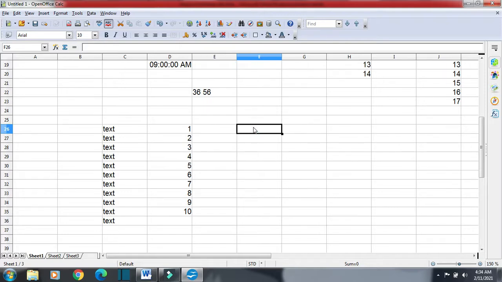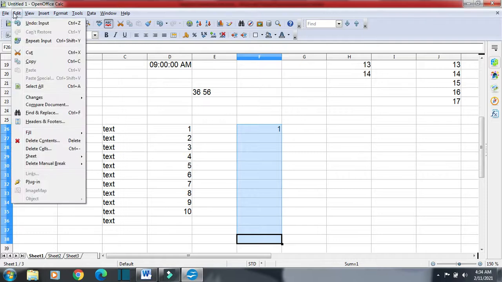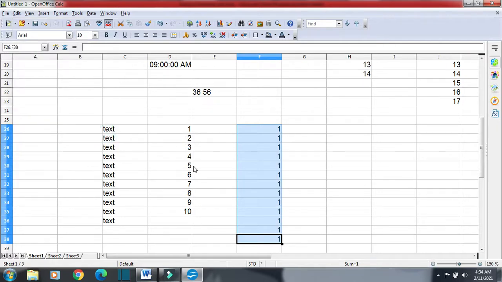Suppose I have the number 1. I select it, then I go to Edit and then Fill, because I want to fill the same data downwards. You can see the same data gets copied.